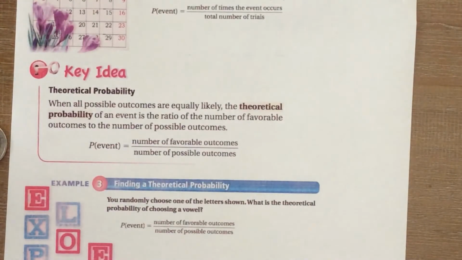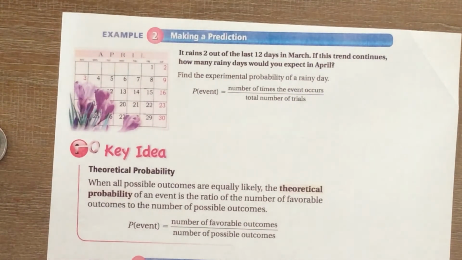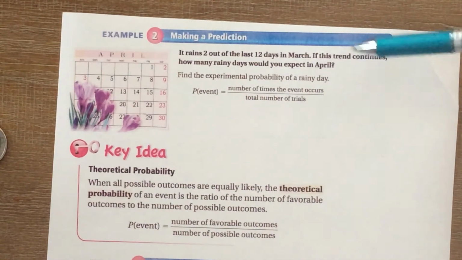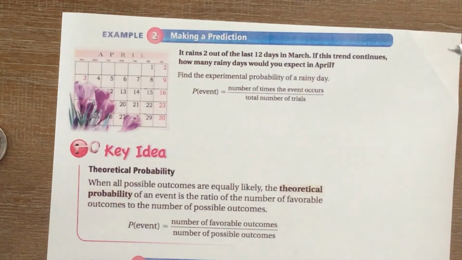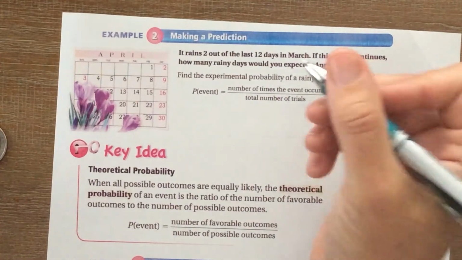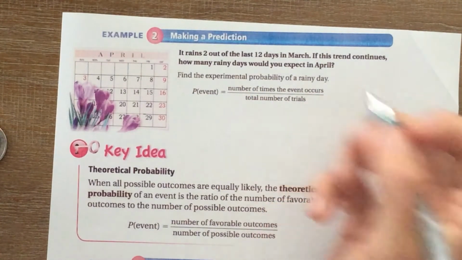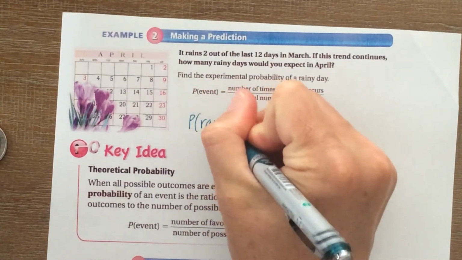Okay, let's look at example 2 here, making a prediction. I know my printer's losing color. It says, if it rains 2 out of the last 12 days in March, if this trend continues, how many rainy days would you expect in April? Well, what do we know? We know the number of times the event occurs over the total number of trials. Well, the probability that we're going to get rain, because that's our event,